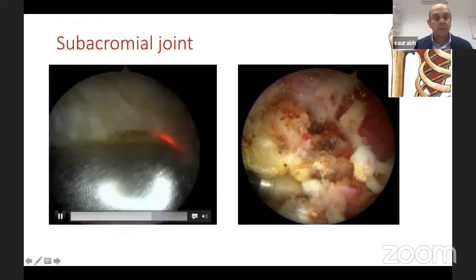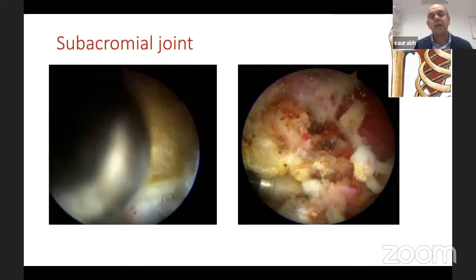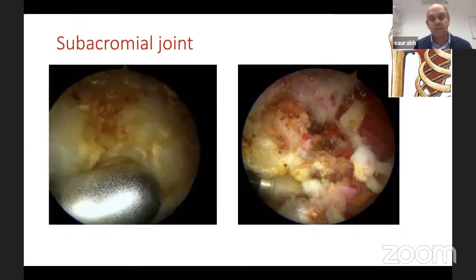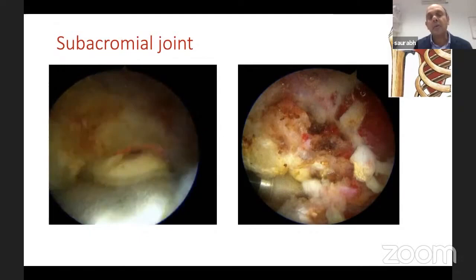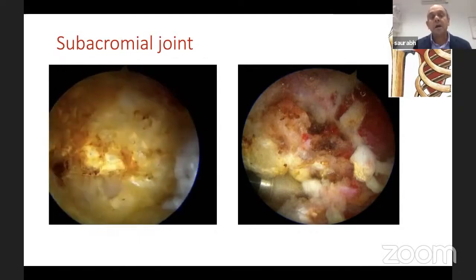Now, other thing to appreciate here is I've now turned the light source. So I'm looking at acromion, and see with your diathermy, you need to take all the periosteum away, and you'll see in a minute how acromion will reveal itself. Small tip here, acromion is more anterior than what we imagine. So with your bony shavers, with your diathermy, you need to go more anterior than what you think is the acromion.